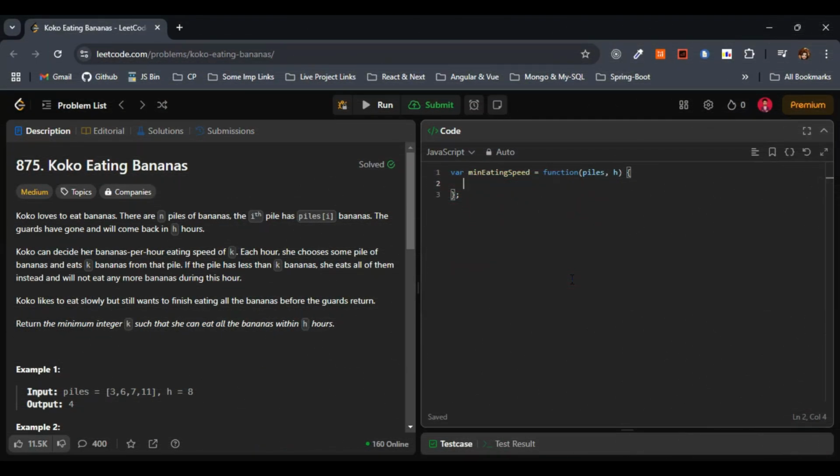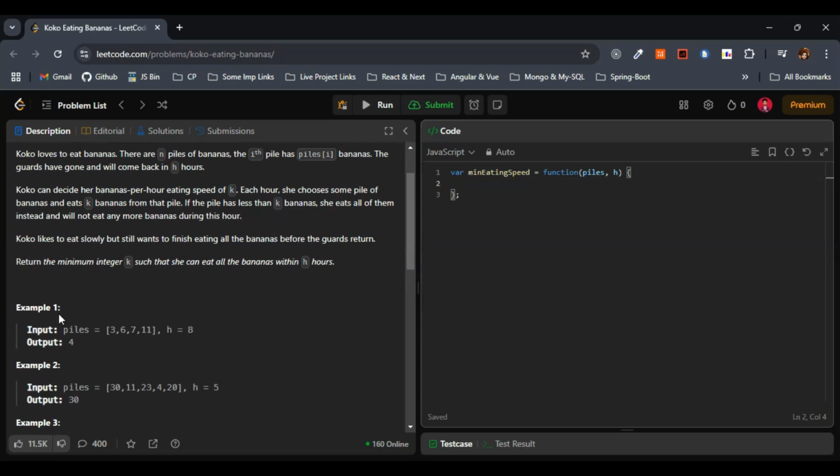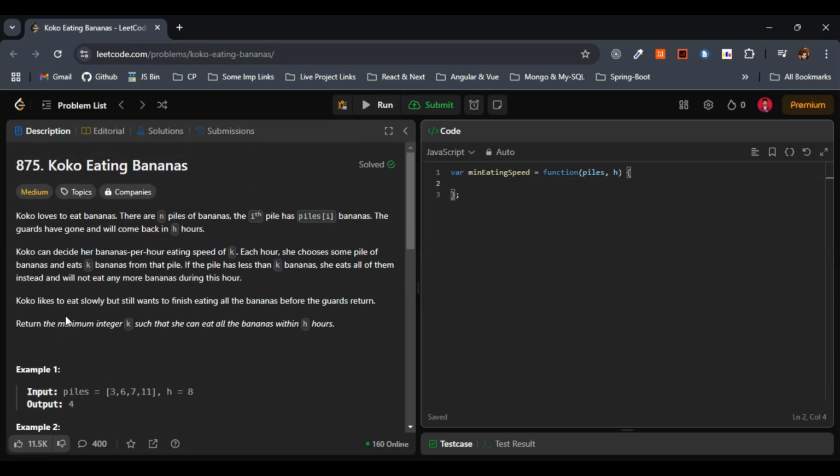Hello everyone. Today let's solve problem number 875, Koko Eating Bananas. Let's go through the problem and try to understand it with the help of an example. I'll just summarize the problem so that it will be easy for us to understand and solve the problem. So what the question states here: